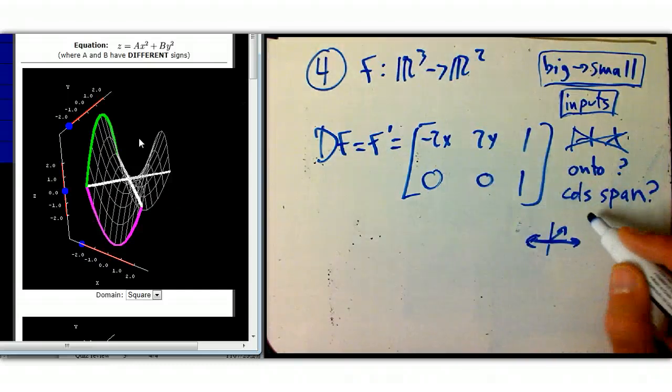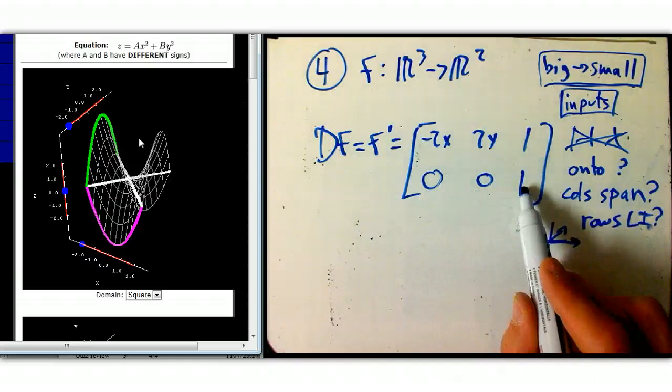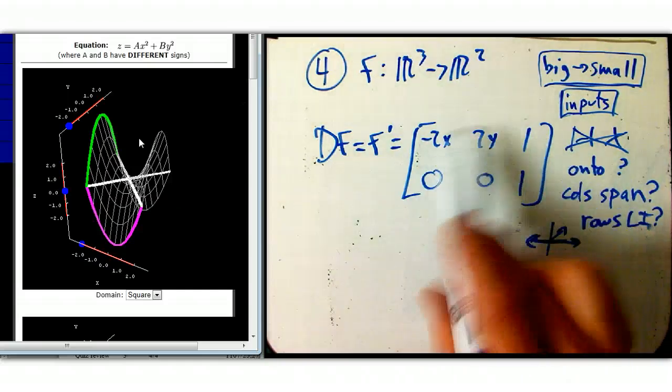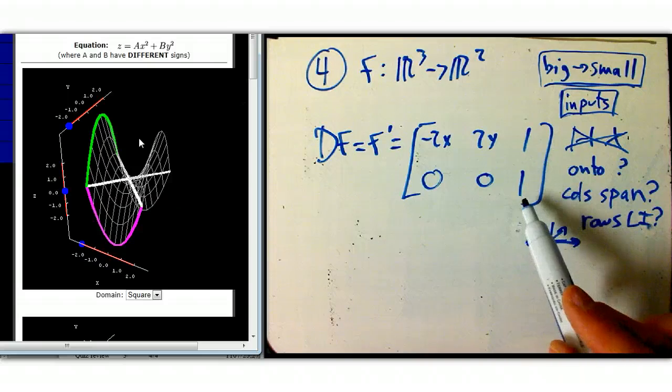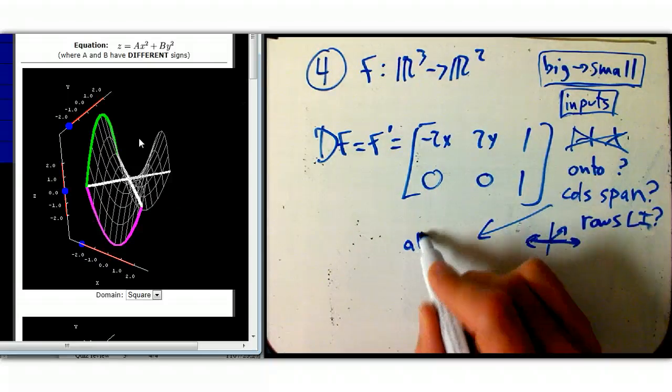Another way to think about it, let's see. What about the rows? Are the rows linearly independent? That would be the good condition. Well, yeah, I've got 0, 0, 1, and then non-zero, non-zero, comma 1, or anything like here, but beyond 0, 0 would be 2 linearly independent row vectors. Okay. So all these could happen, and they all fail simultaneously